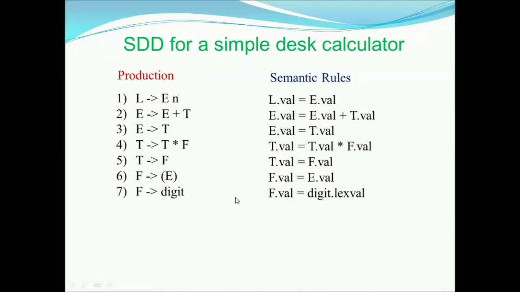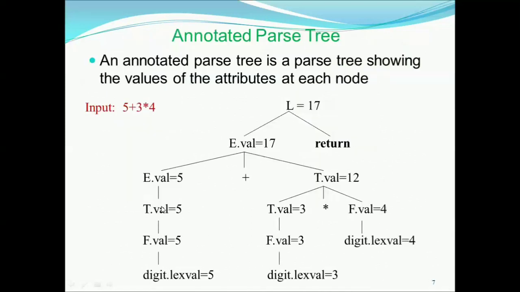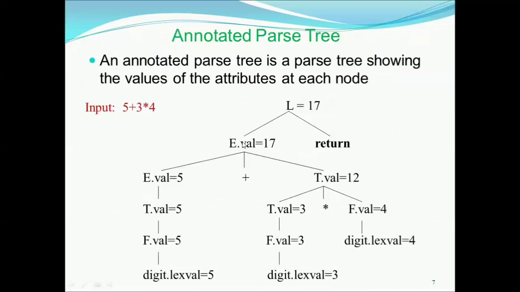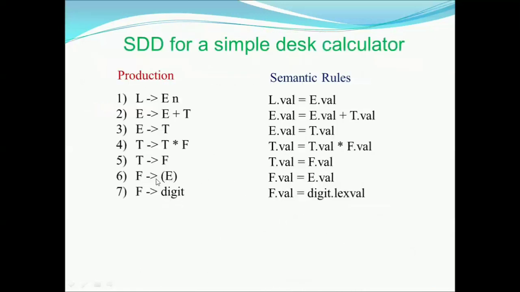Similarly, you can see that if I say T tends to F, T should get its value from F. So my semantic rule is T tends to F, that is, T dot value is equal to F dot value. Similarly, F also gets its value from E. That's why we have written F dot value is equal to E dot value. You can observe that my F is going to get its value from E. Somewhere I have used F tends to E, and there is a possibility that I can use F tends to E in generating a different tree. That's why it is written as F dot value is equal to E dot value.